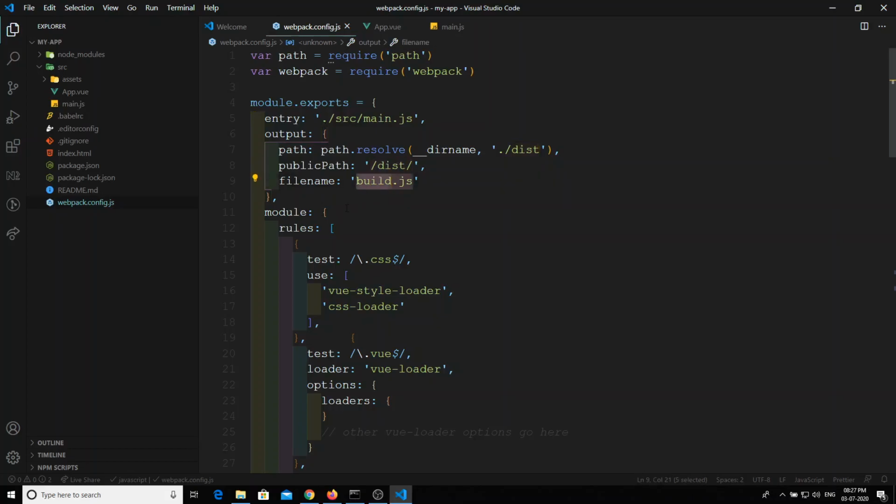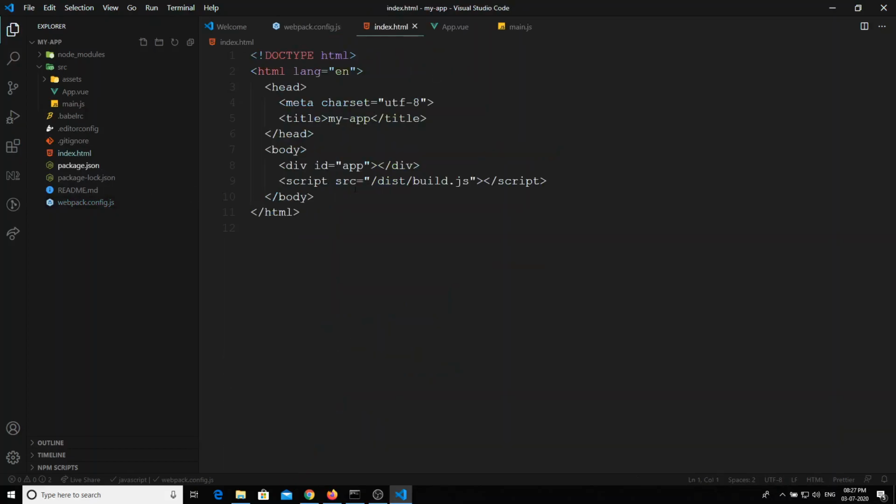And this build.js needs to be referenced in your multi-page application. So here you will be able to see the build.js. This single build.js file can be used in any pages you want. In server side applications, where each request is sent to the server, you can keep the script file directly in the layout file so that it is used automatically.